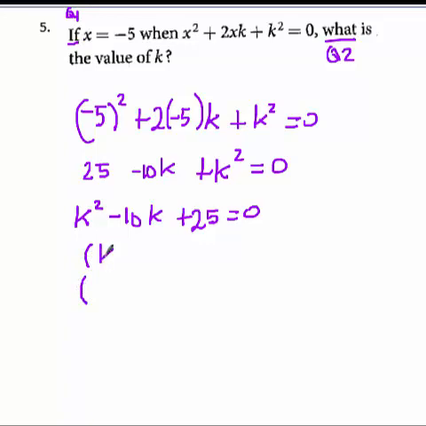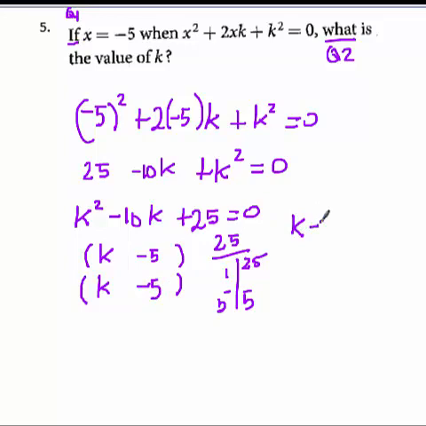So let's do k and k. Factors of 25 that make a 10. Well, let's see, what are factors of 25? 1 and 25, or 5 and 5, right? And so, yes, I know I can use 5 and 5. But it has to be a -10, so that means it has to be -5 and -5. So if I set that equal to 0, k minus 5 equals 0, and then k is equal to 5. And so that would be our answer there for question number